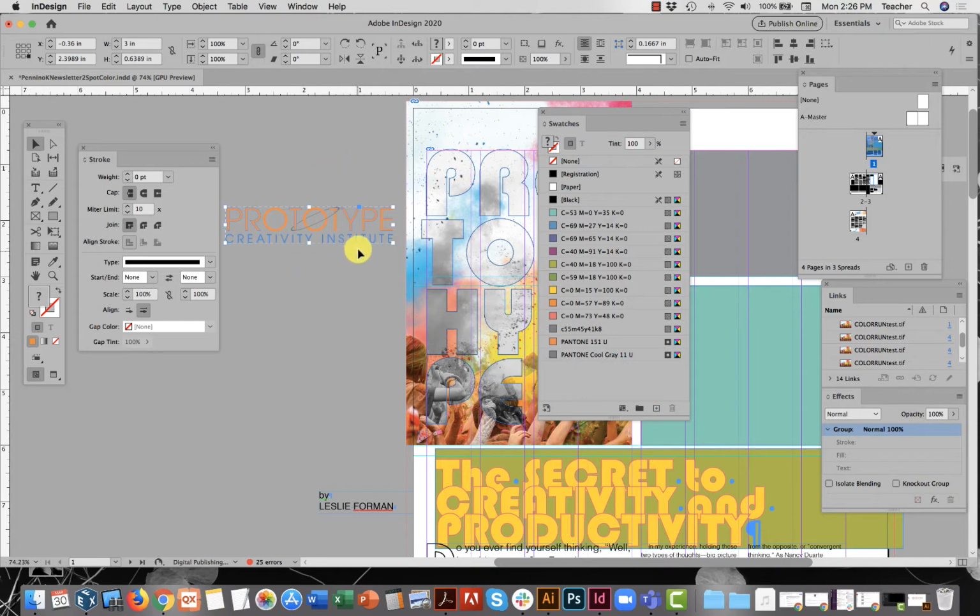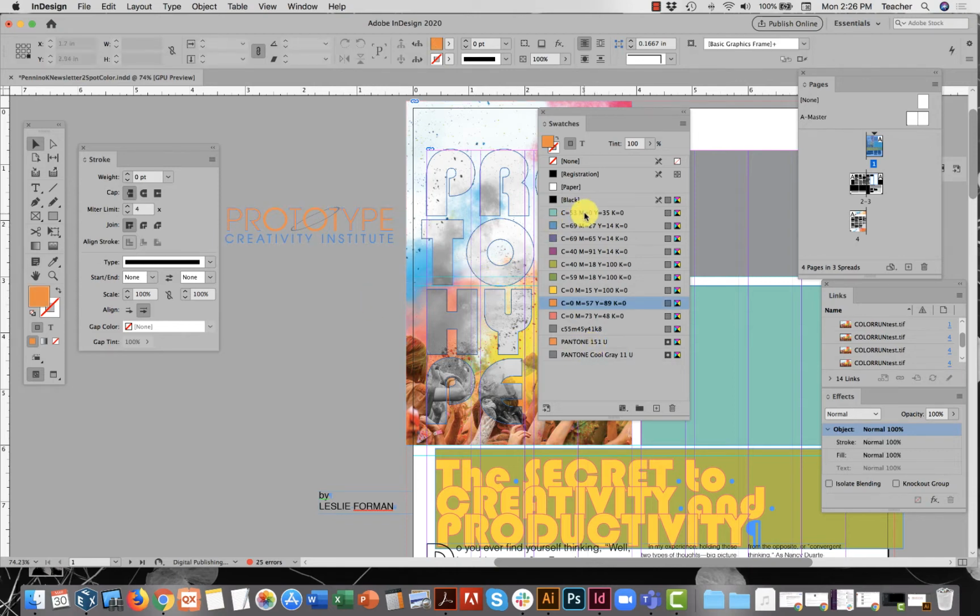Remember that anytime you place vector or copy and paste vector, or anytime you place raster onto your file, the color models come with them. So you'll see the two swatches that I used in this two spot color, two Pantone color logo. When I pasted it onto my InDesign document, those two swatches came with it. They're automatically added to my swatch panel. This is a major time saver here, you guys. I don't know if you realize how major it is, but it is major.